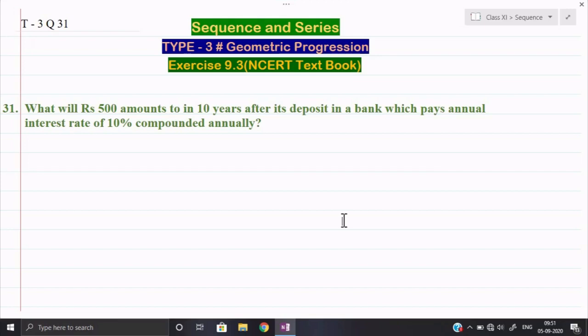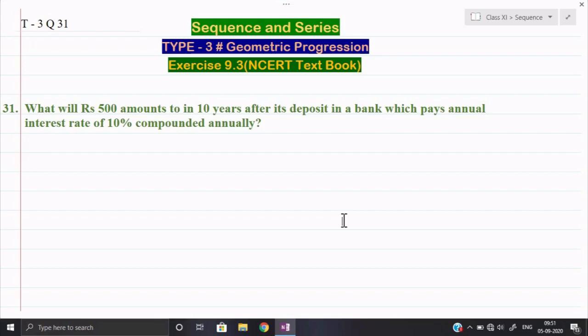So here, first of all we shall prove whether the given sequence is forming a GP or not. This proving that the given sequence is a GP will not be compulsory in the examination. That is just for our satisfaction. Whenever we are applying this formula, we should know yes, this formula is correct or not. So first of all, we shall prove whether the given sequence is a GP or not.